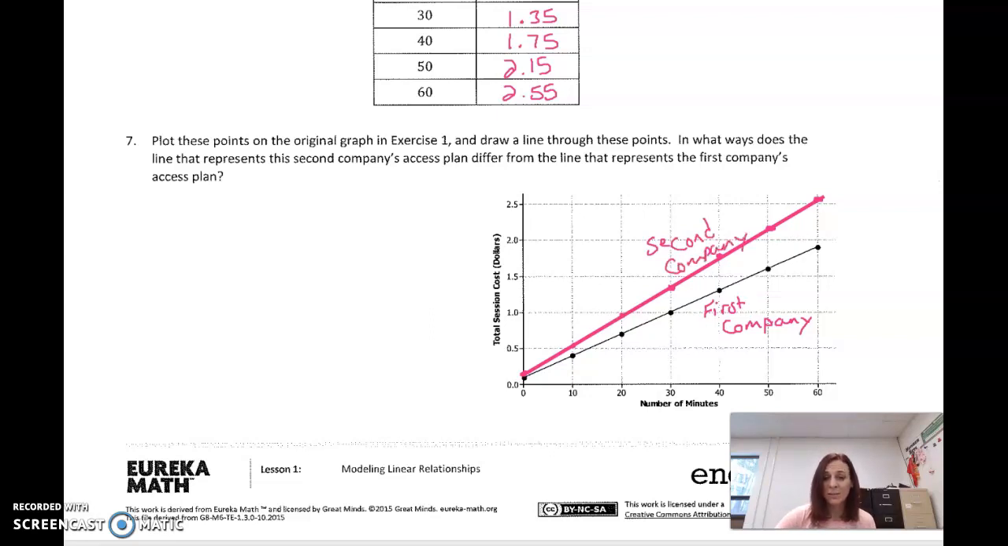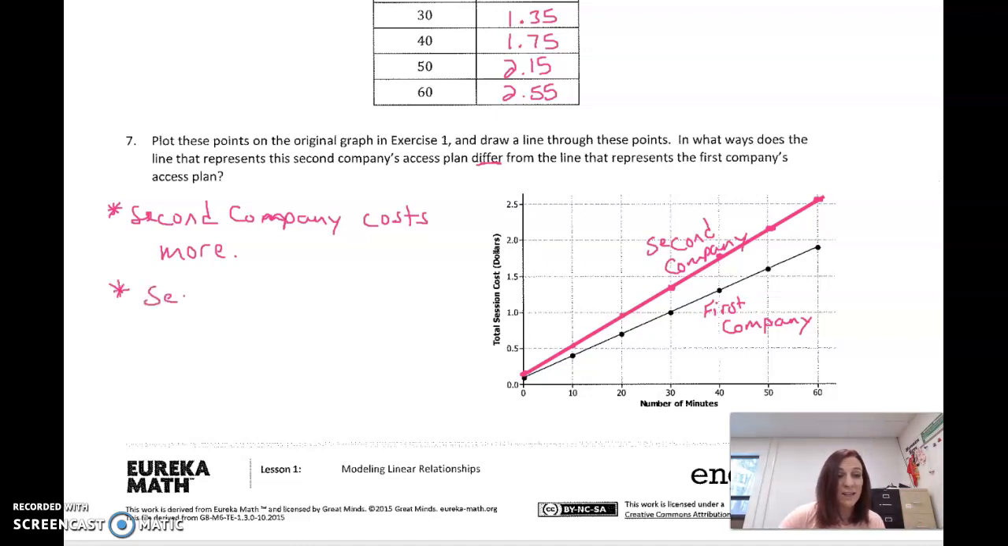Okay, so we have our second company and our first company down here. In what ways does the line that represents a second company differ from the one that represents a first company? Well, the second company costs more. At any one of our minutes here, their cost is going to be higher. Any of them, okay? If we just think of the graph, we're going to say the second company,